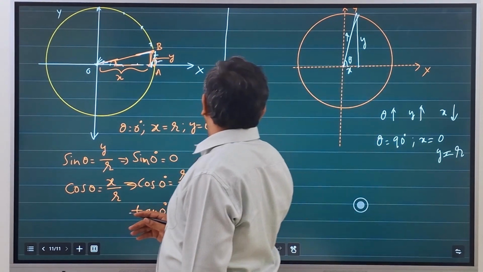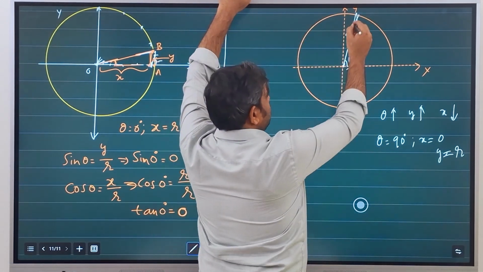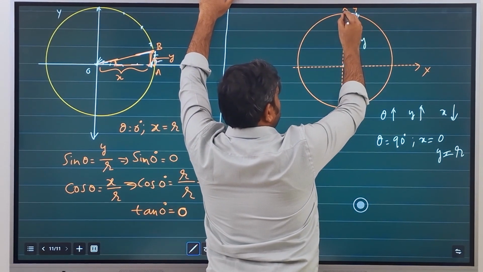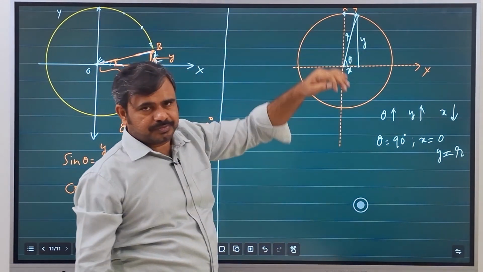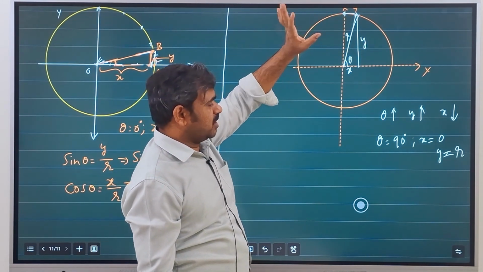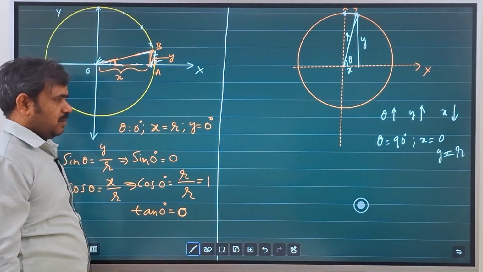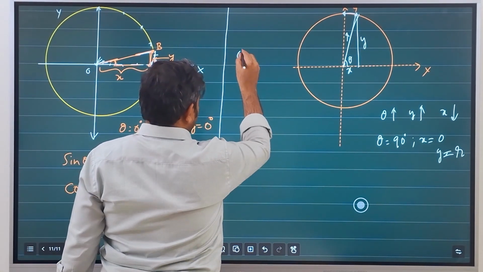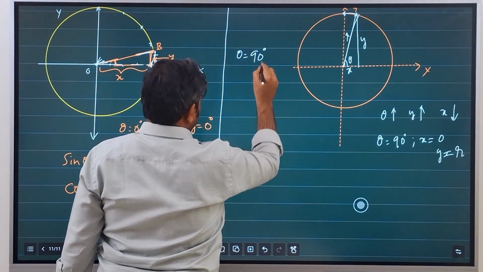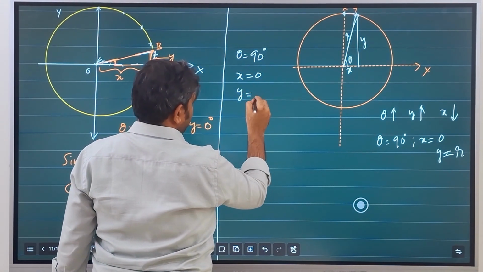Imagine this right angled triangle where this point is going towards this point. So y is approaching r. So when theta becomes 90 degrees, y becomes equal to r. So we can say for theta is equal to 90 degrees, x is equal to 0 and y is